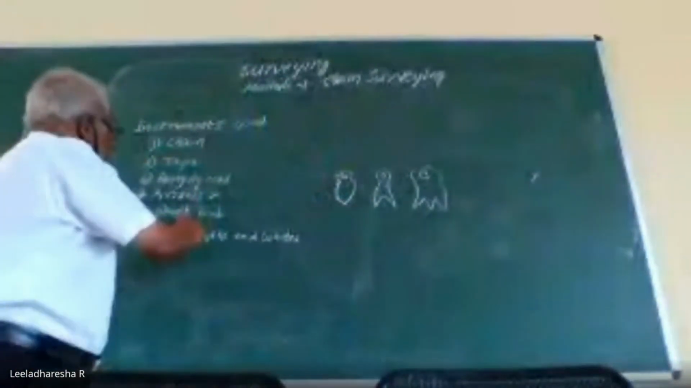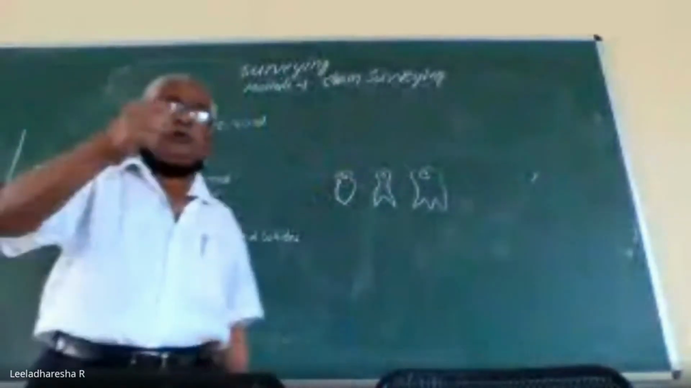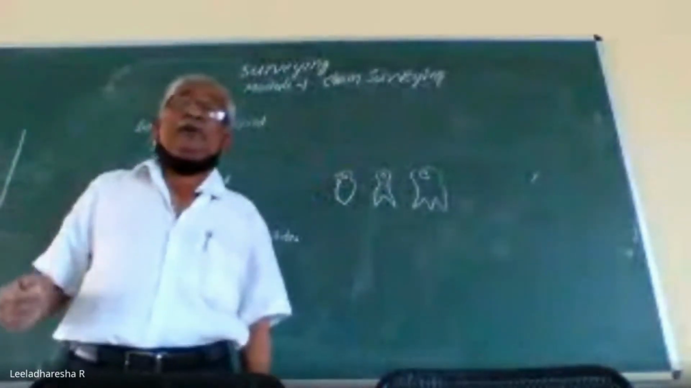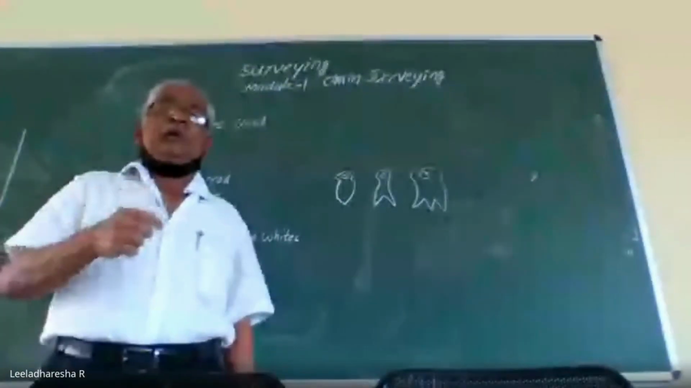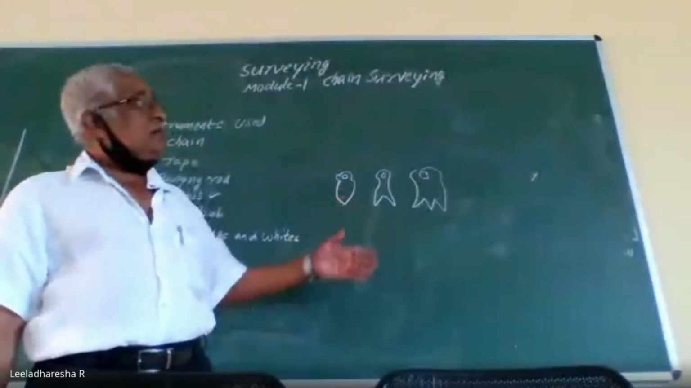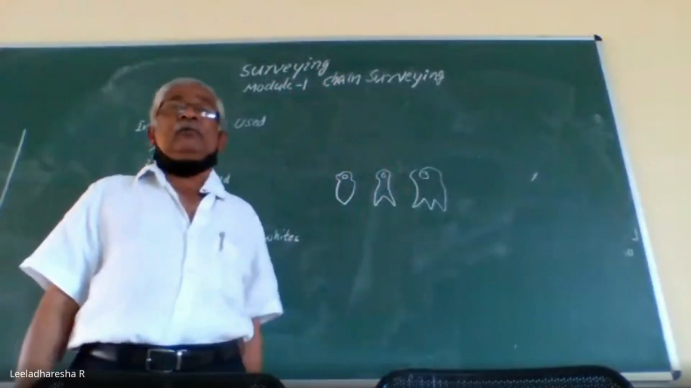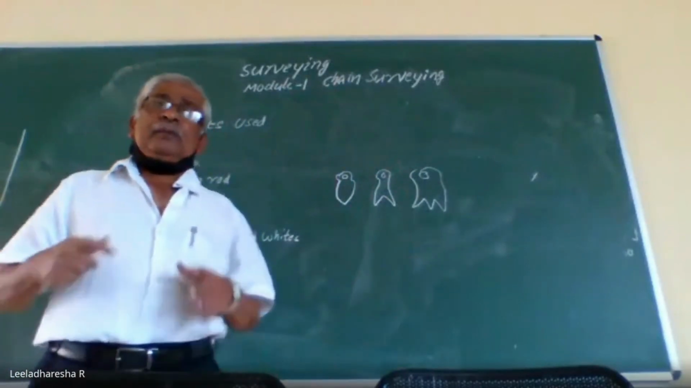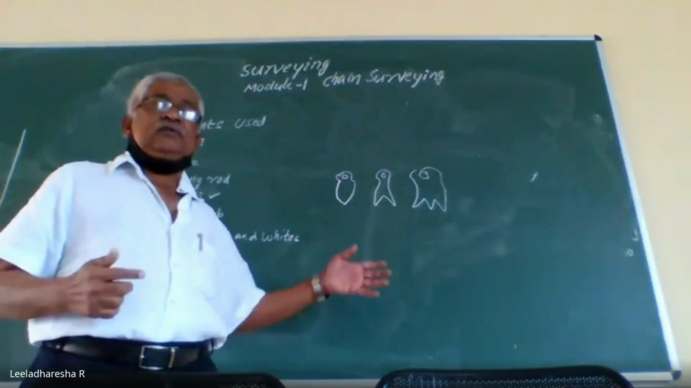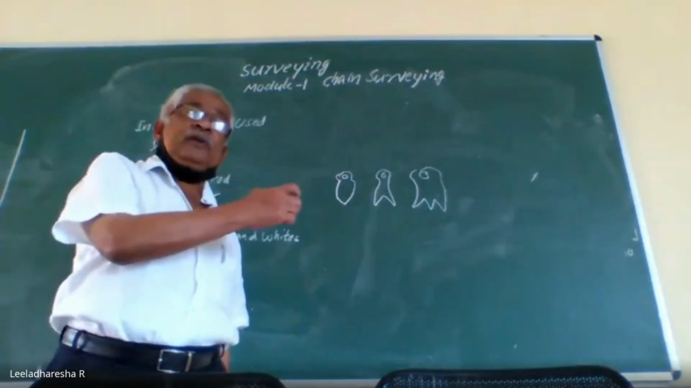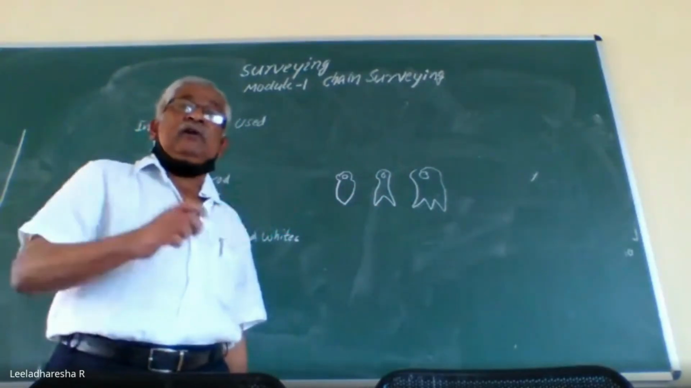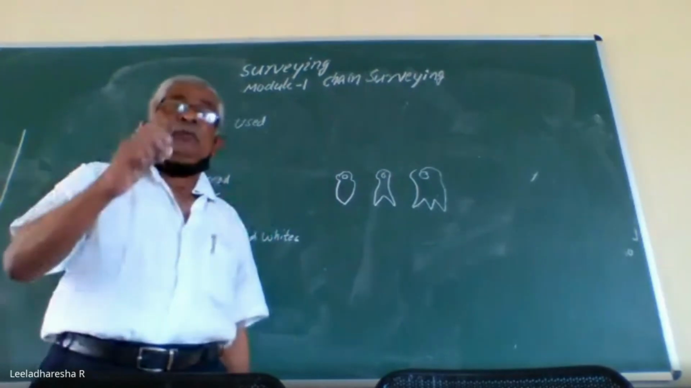And plumb bob. Plumb bob is used to know the verticality of a particular point. Say, I want to maintain this wall surface exactly in a single vertical line. The mason who is going to construct this wall will be using an instrument called a plumb bob. It is a conical